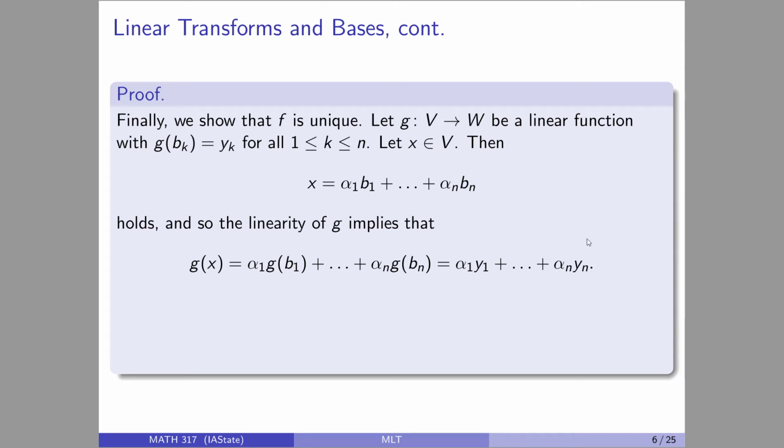So, hey, we get that. And as F was constructed, F does that exact thing. So, F has to be G, it's unique. All right. So, we have verified now that if you have a finite basis, you can always create a linear